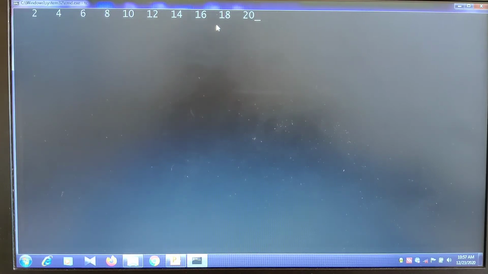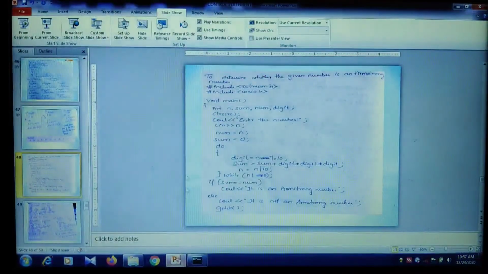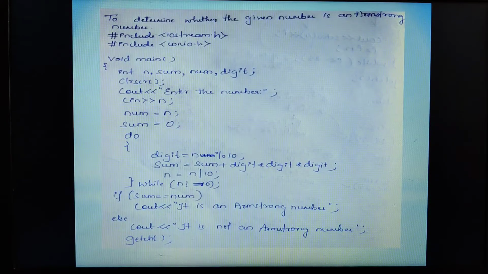Moving on to the next program related to the do while statement, the Armstrong program. Now the first question is, what do you mean by an Armstrong number?